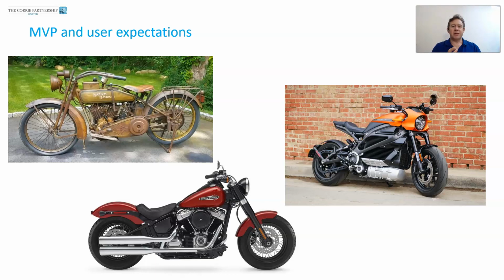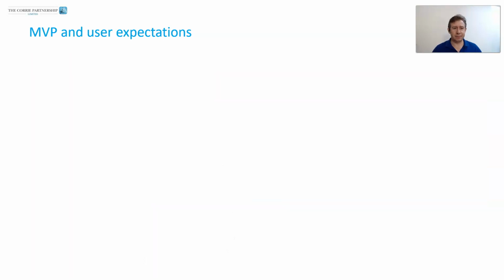The MVP does not mean that the project stops at that point. And if you're working with a team and that's what they mean by that, then they are not agile. They're actually working a waterfall way and they're just trying to deliver. Basically, they will have run out of time or money and they're just delivering what they've managed to get, wherever they've managed to get to in their project plan.